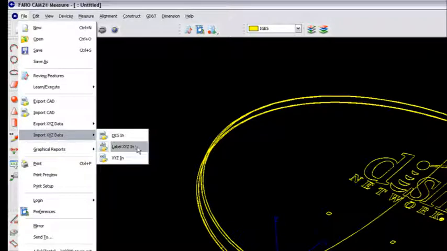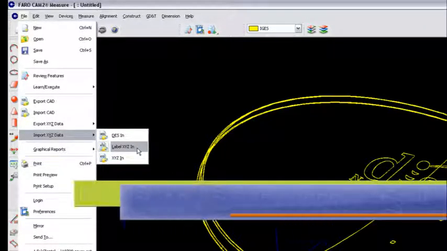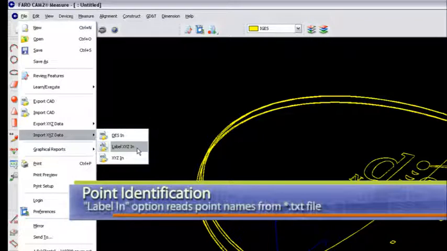Now notice I'm going to go to this label that says XYZ In, since I do have a column that has my labels for each of the points. I've also got a module that's going to talk about the difference between XYZ In and the label XYZ In, so make sure you pull that up too to see the difference. But what I'd like to do is make sure that the point ID actually comes with those points. So I'll go to the label XYZ In,